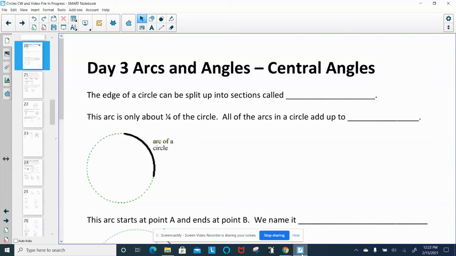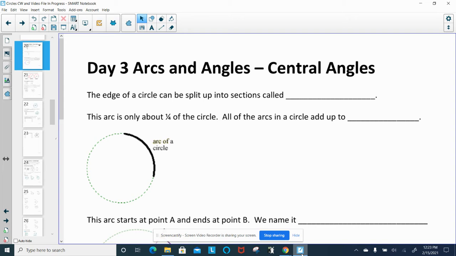Today we're going to start a series of notes dealing with arcs and angles that are created by the circle and the edge of the circle. And we'll be spending 3 or 4 days doing these various formulas, and I'm going to break them down into one per day. Today we're specifically talking about what an arc is, and then we're going to talk about central